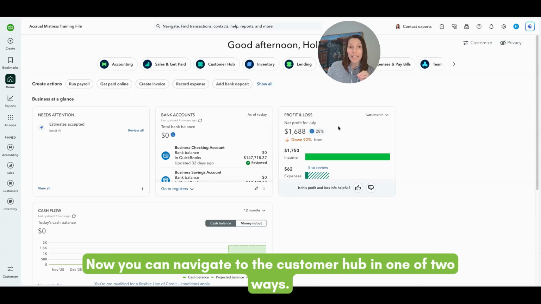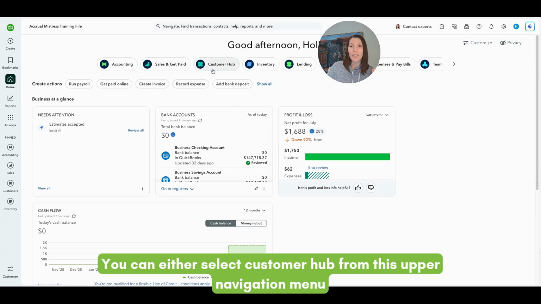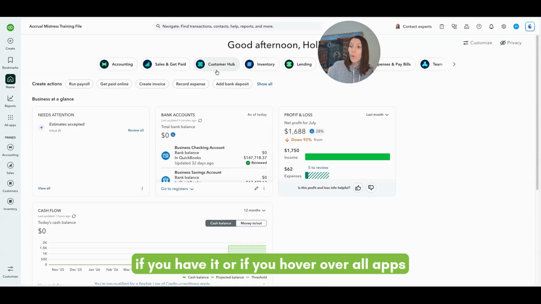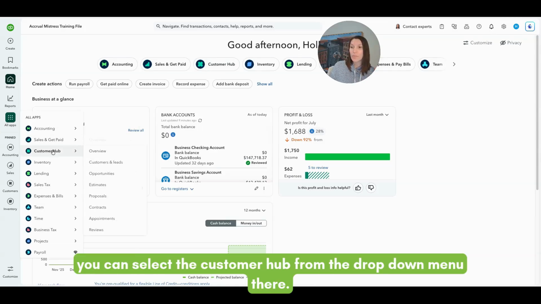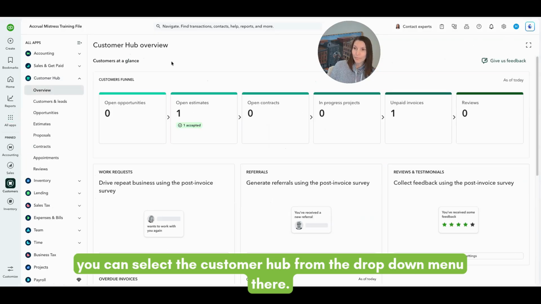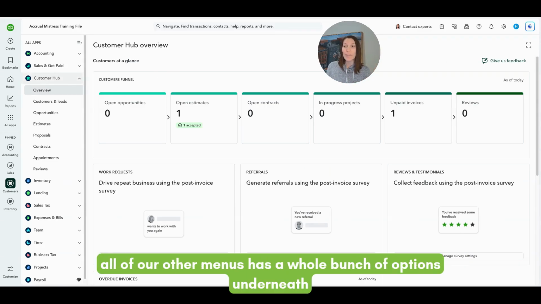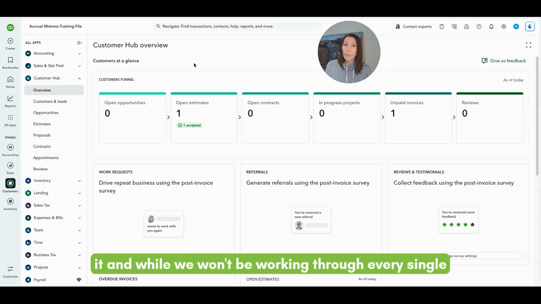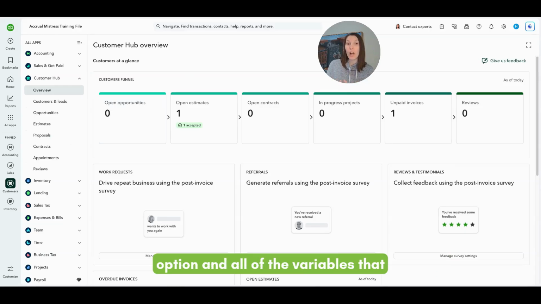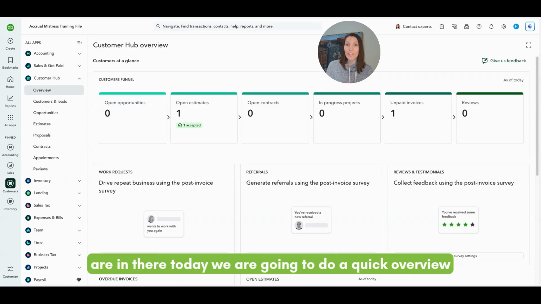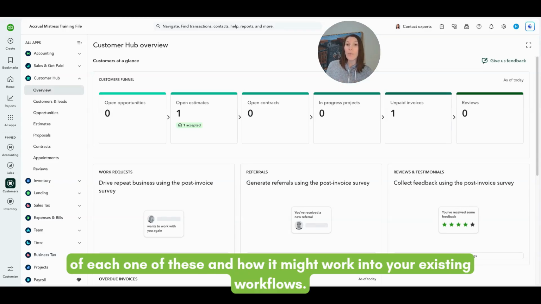Now, you can navigate to the Customer Hub in one of two ways. You can either select Customer Hub from this upper navigation menu if you have it, or if you hover over all apps, you can select the Customer Hub from the drop-down menu there. Now, you can see the Customer Hub, like all of our other menus, has a whole bunch of options underneath it. And while we won't be working through every single option and all of the variables that are in there today, we are going to do a quick overview of each one of these